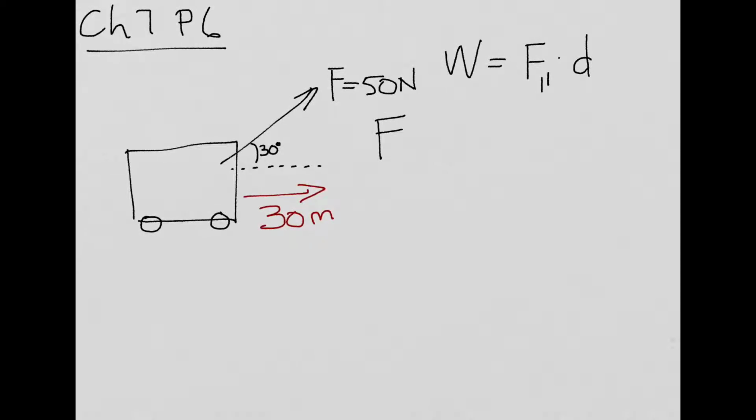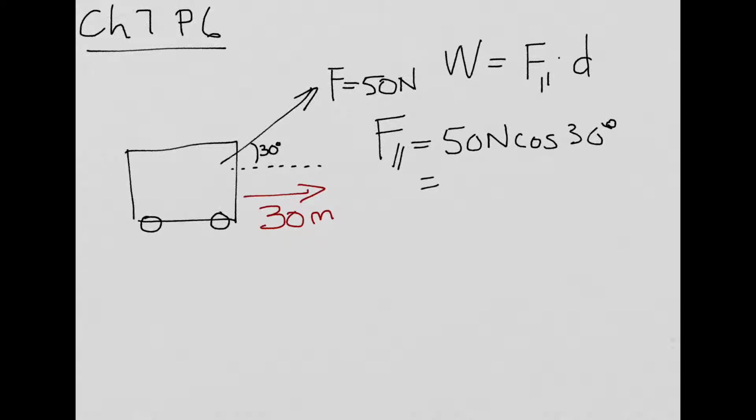So the parallel force is equal to 50 newtons times the cosine of 30 degrees. Okay, and that ends up equaling,